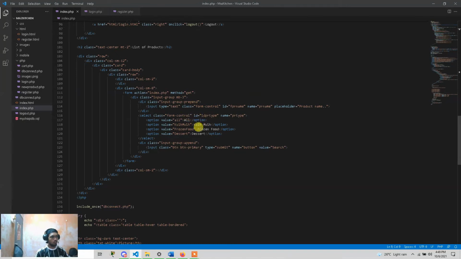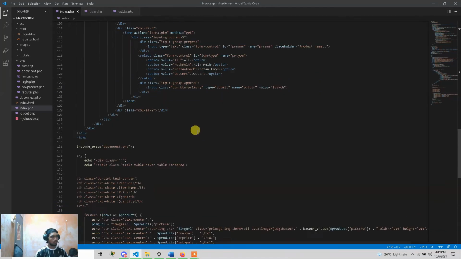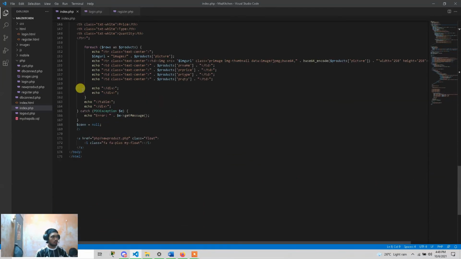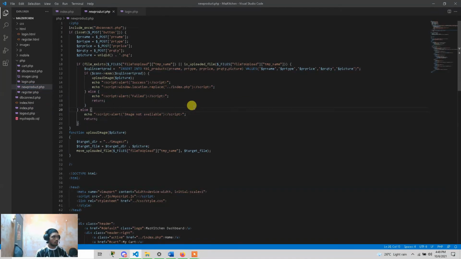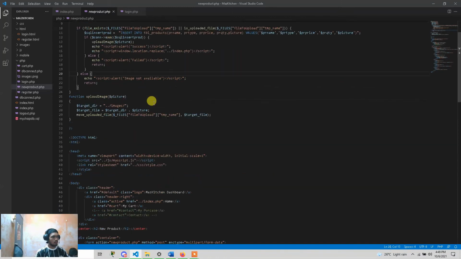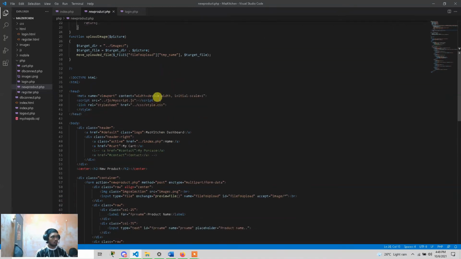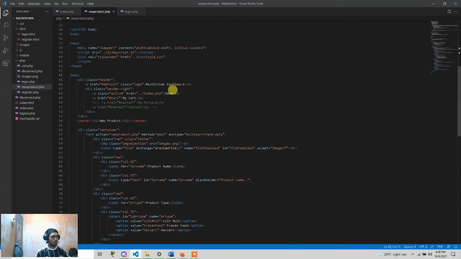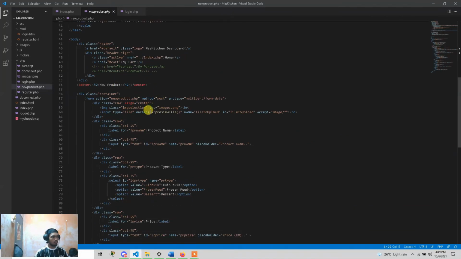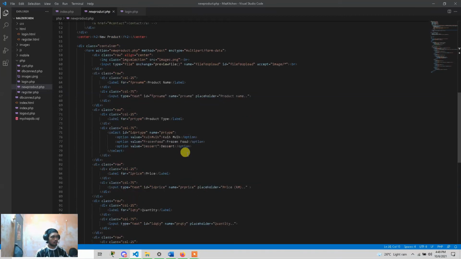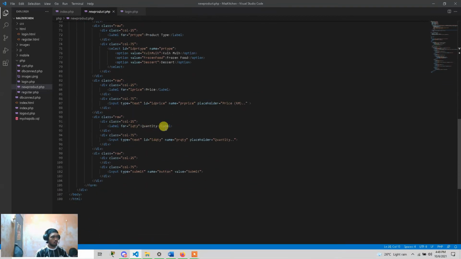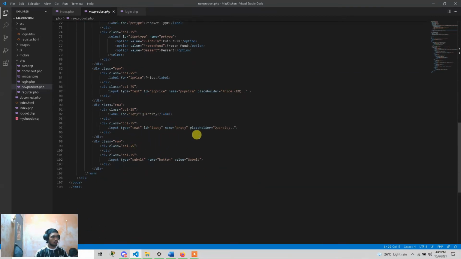Then there are cream ware, frozen food, and dessert. For the new product, the user needs to register the new product. It has the form with the product type, price, quantity, and so on.